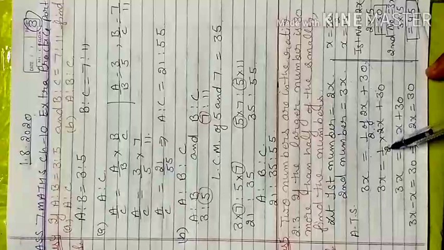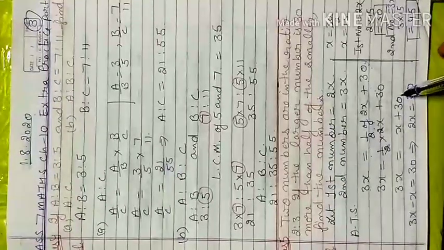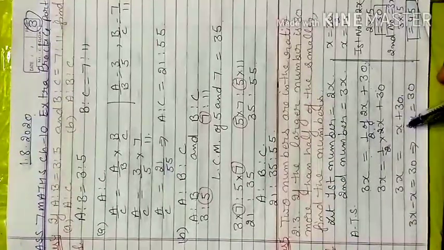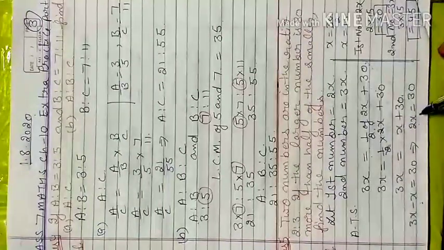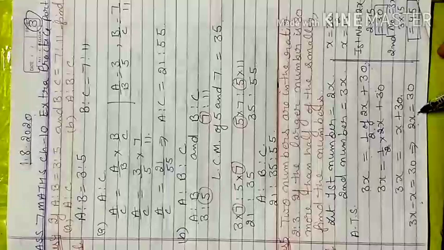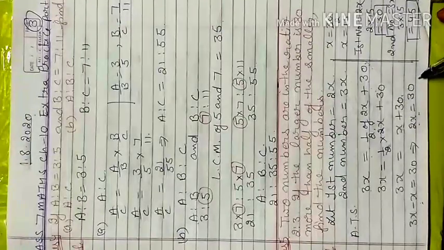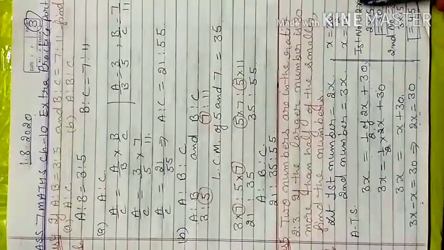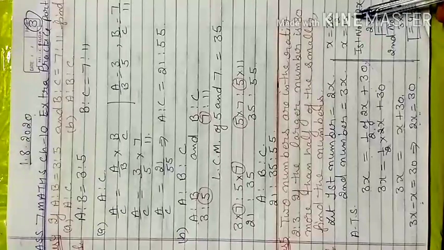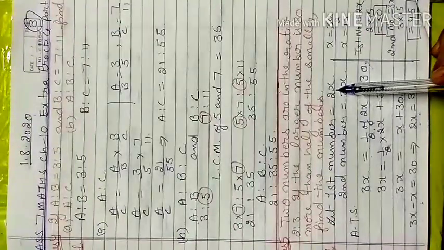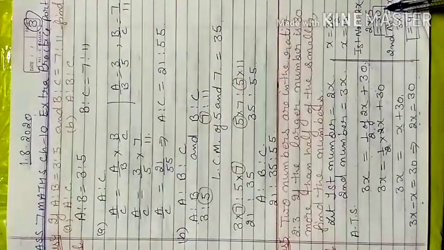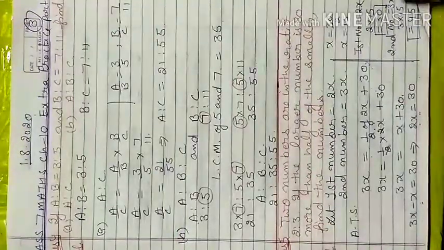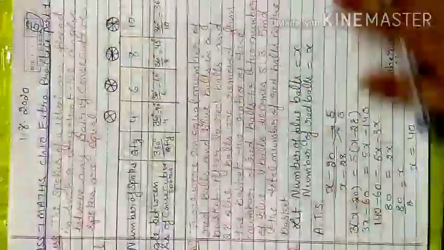Of changes to multiply, 2 is cancelled, x plus 30 is left here. Now equate the like terms, x shifts to the other side and changes to a negative sign, 3x minus x gives me 2x. Now 2 is multiplied with x. When moved to the other side, that changes to divide. 30 divided by 2 gives me 15. Now that I have the x value, one by one I put it in the first number, 2x, 2 into 15 gives me 30. It means my first number is 30 and the second number is 3x, 3 into 15, that is 45. My second number will be 45.